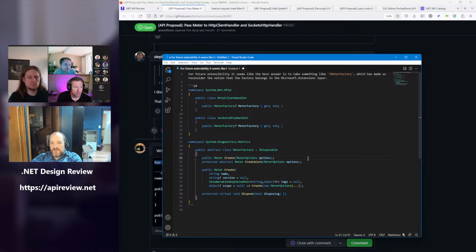If the behavior of the factory is supposed to be that the same set of meter options inputs, however that's determined, given that it has a complicated shape, returns the already created instance, then a test doing simply create goes to new is going to violate an assumption somebody's making somewhere. So it's either important or it isn't. And if it is important and it's documented, then somebody can now depend on that, and a test not doing it is not testing reality.